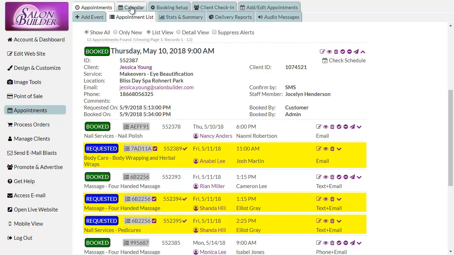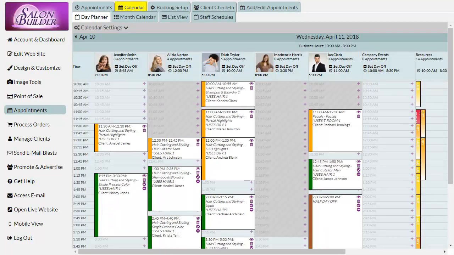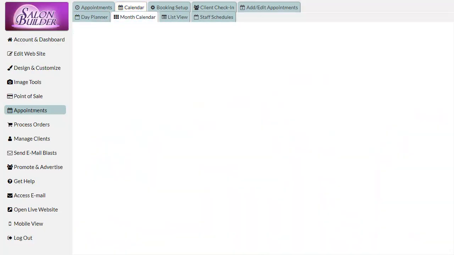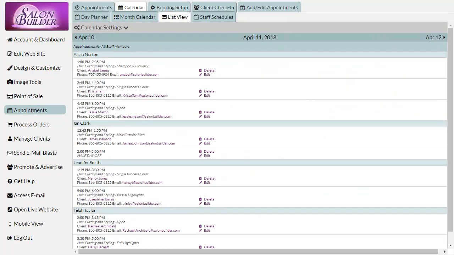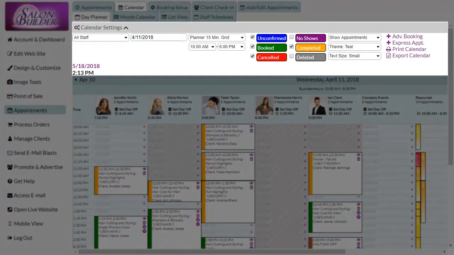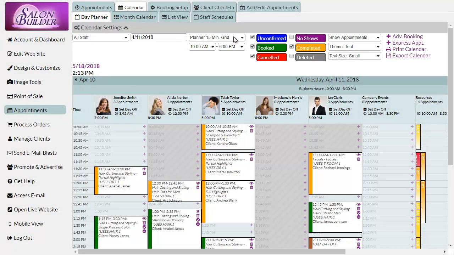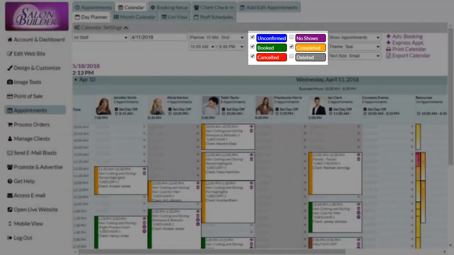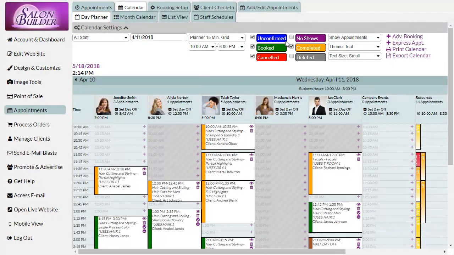An alternative view for your upcoming appointments is located under the Calendar tab. In the calendar, you can choose from the Day Planner, Month View, or Calendar List View. At the top of the calendar are your calendar settings. On the Day Planner view, you can select from different timeline or grid views, which changes the size of your blocks based on time intervals. You can also select what type of appointments you want to view and change the size and color of your